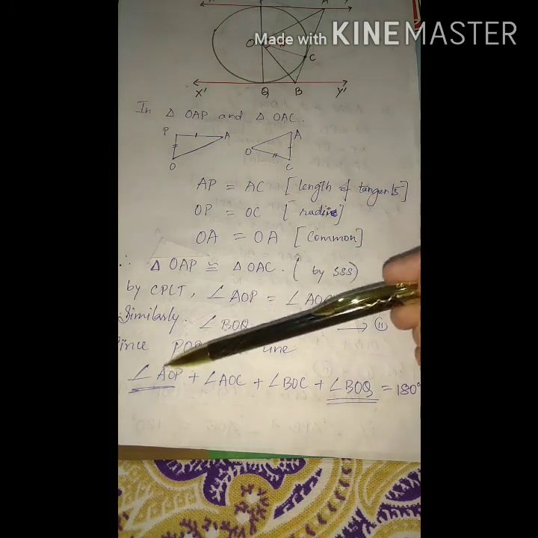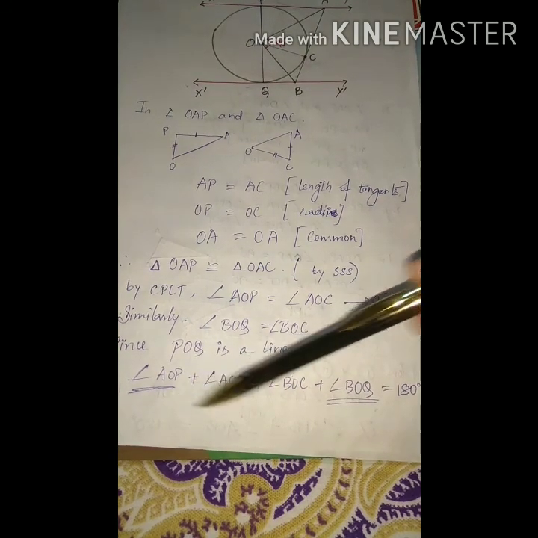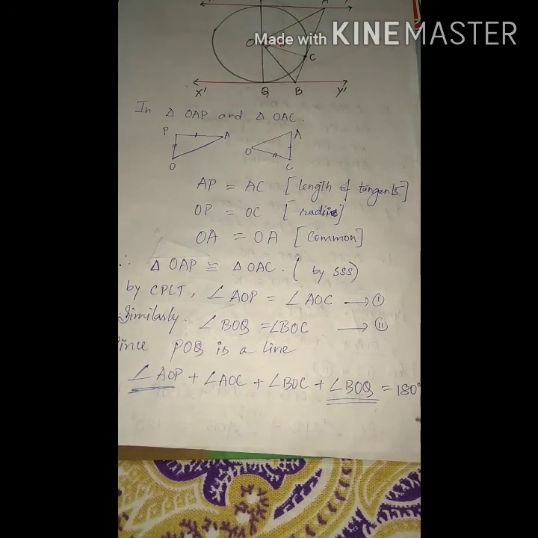And after writing AOC plus AOC, 2 times of AOC, 2 times of BOC, you get... Is it clear? So taking 2 common and cross multiplying, then 180 by 2 means you get 90. Is it clear? Now what will remain here? AOC plus BOC remain. So if you see the figure here,